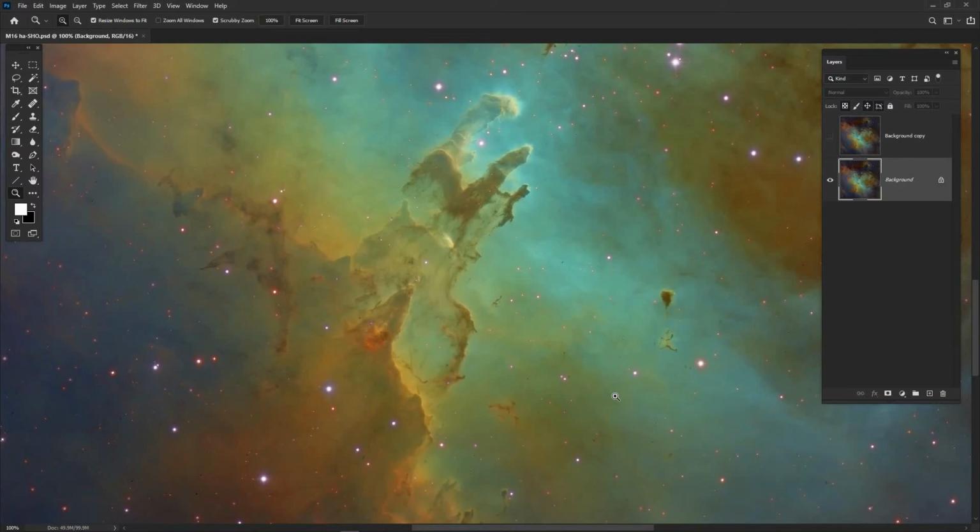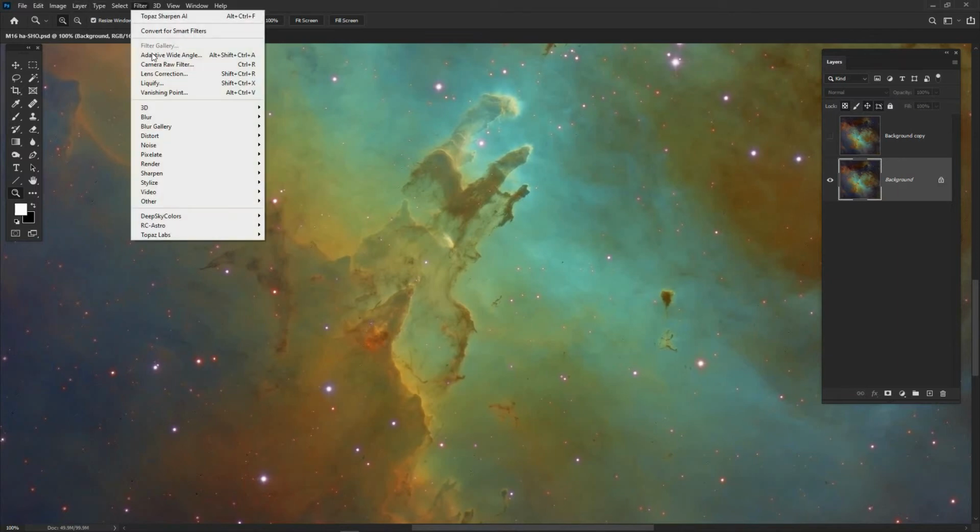So what I'm about to do will affect the whole of the image. What I'll do for now is, because we want to actually darken this part of the nebula, I'm going to switch, as I've done so many times in the past, to Photoshop's brilliant Camera Raw filter menu, and it's just under the filter menu up here. You can see Camera Raw filter,